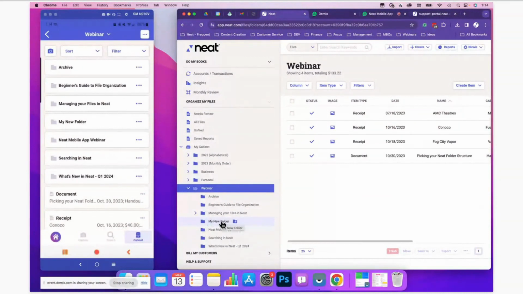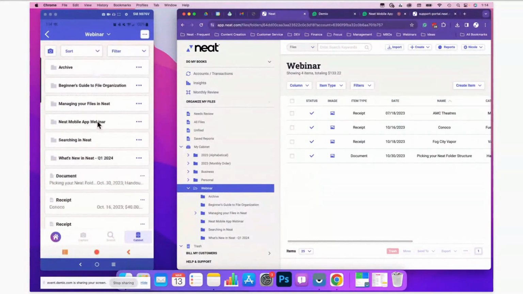I'm actually going to trash this my new folder. I'm doing that by right-clicking on my file within the web application and trashing it. Now, when I go back over to the mobile application, I can refresh it to see new changes just by pulling down. As you can see, I get that little arrow there. And when I pull down, it's going to refresh my Neat mobile application, showing me the latest version of my database. And as we can see, my new folder that we just created is no longer showing up in